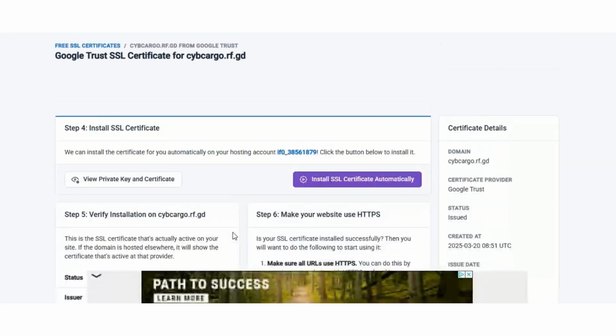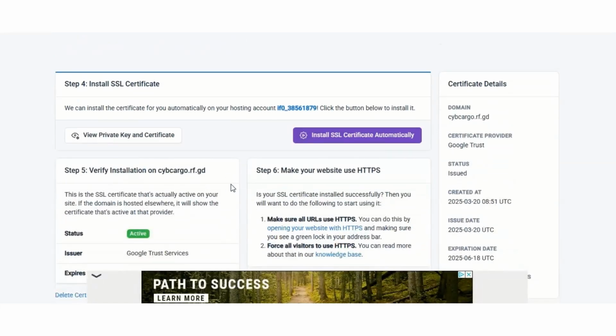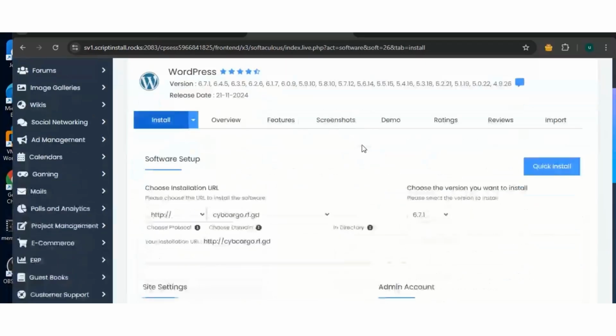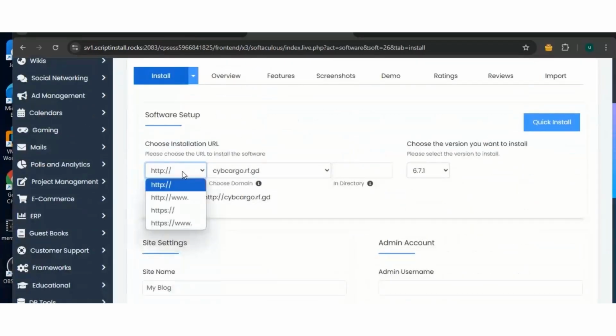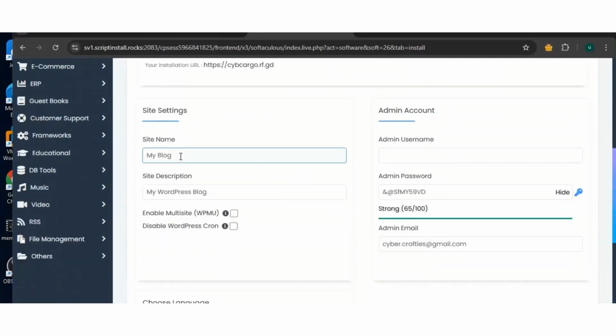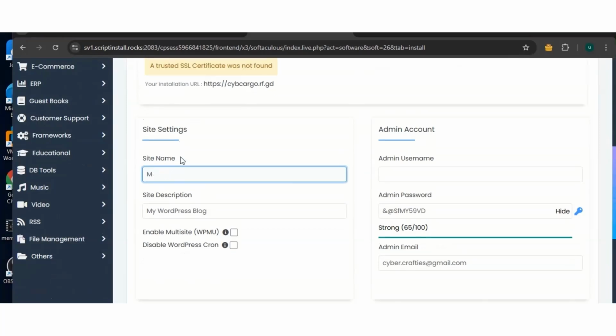So it took about 15 to 20 minutes for me. When you refresh, it's going to show you active. Since it's already active, we choose the HTTPS. Our site name is there. So what else? You can just put anything here about your site,